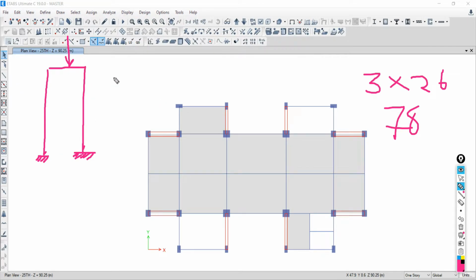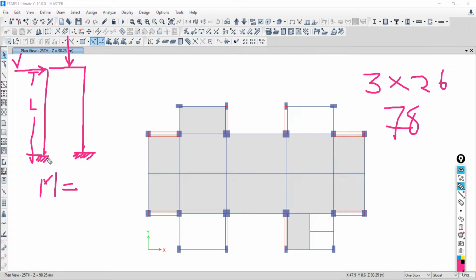But when your structure is subjected to lateral load, under this lateral load there is the primary moment, by the first order analysis. So what we are getting, the moment at the base, let's say this is V, and this is the height L of your structure.